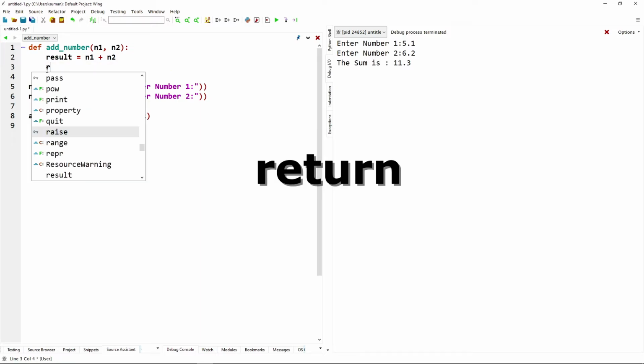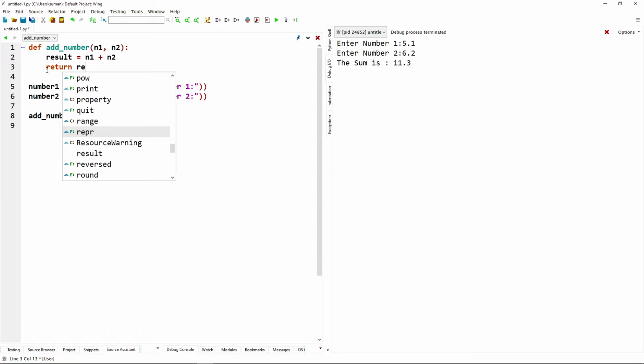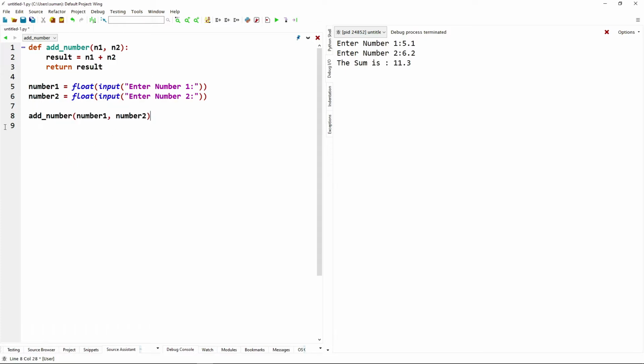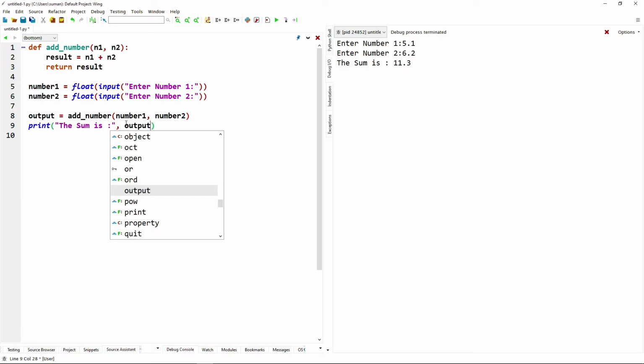We use the keyword return result, and we are assigning output, that is the name of the variable, and we are changing it to output.